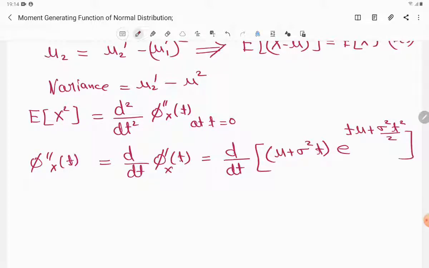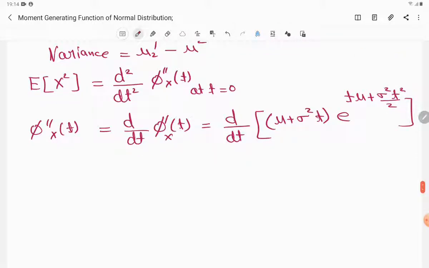Now this is what I am going to do. As you know, I have two functions, so you can assume that the first function is, let me say, q of t, and the second function is r of t. Then I can write it as q(t) into d by dt r(t) plus r(t) into d by dt q(t). The same thing I'm going to do here.